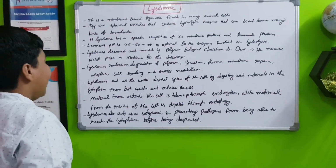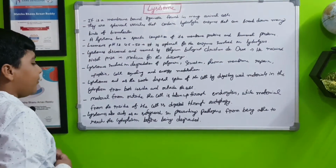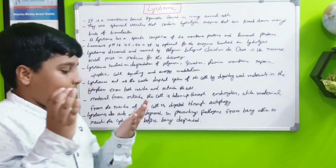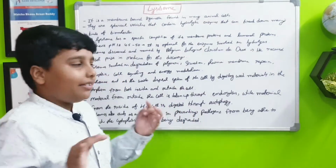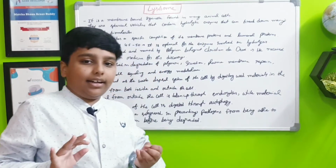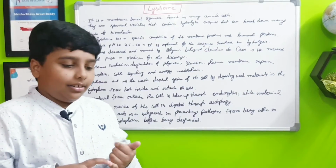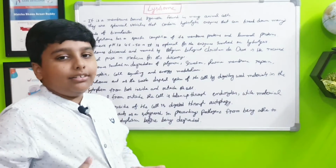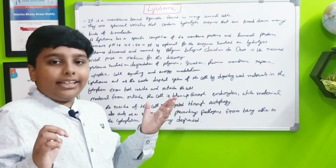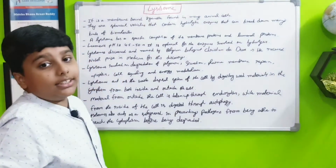Lysosomes also act as a safeguard, preventing pathogens from reaching the cytoplasm before they are degraded. When we are ill, special immune cells eat the pathogens, like the bacteria which are attacking us, not the friendly bacteria inside our body which evolved with our environment. Those unfriendly bacteria will be eaten by the lysosomes in special killing cells called macrophages, which eat pathogens,